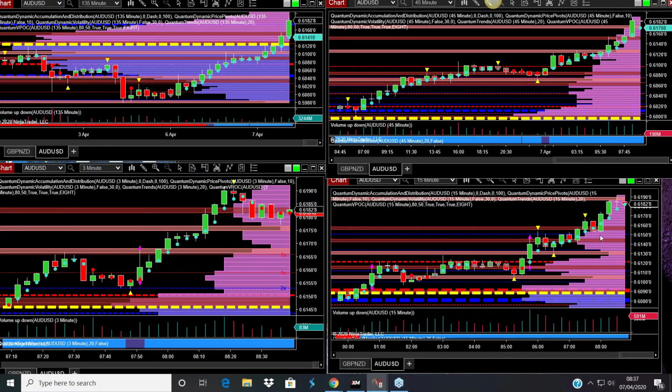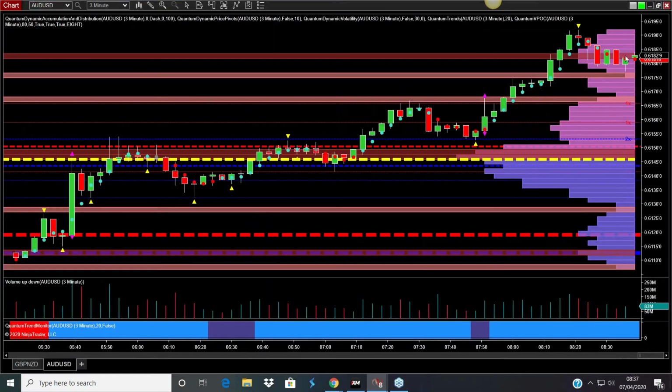But assuming you've missed all that, you go down to the 3-minute chart here. This is the pullback that we're seeing, and as I said earlier, would that be a potential trading opportunity for someone who just wants a quick scalp? I would say not, given the strength of the sentiment in this pair is to the long side. So you say, okay, I'm just going to ignore that. I'm going to wait and see. Because what you're talking about now is how can I rejoin this trend?